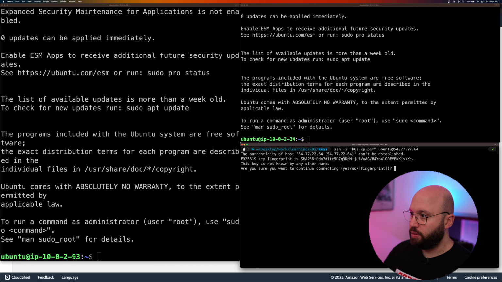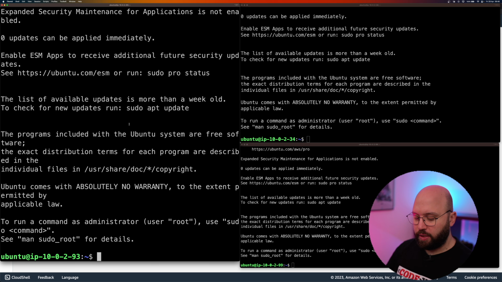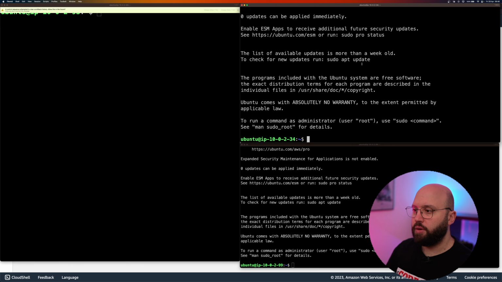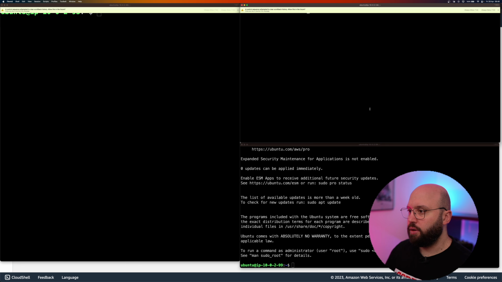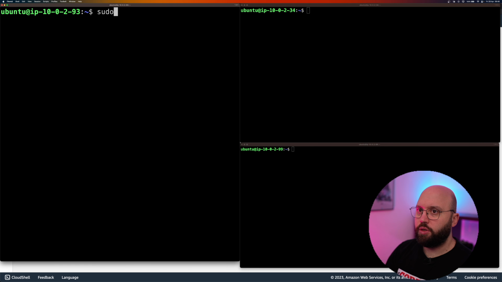And let's connect to this one. Perfect. So now that we have logged into our application, the next step is let's just do sudo. First of all, let's clear this out. There's a lot of random text. So clear, and clear. So first thing I want to do on all 3 of them is going to be sudo